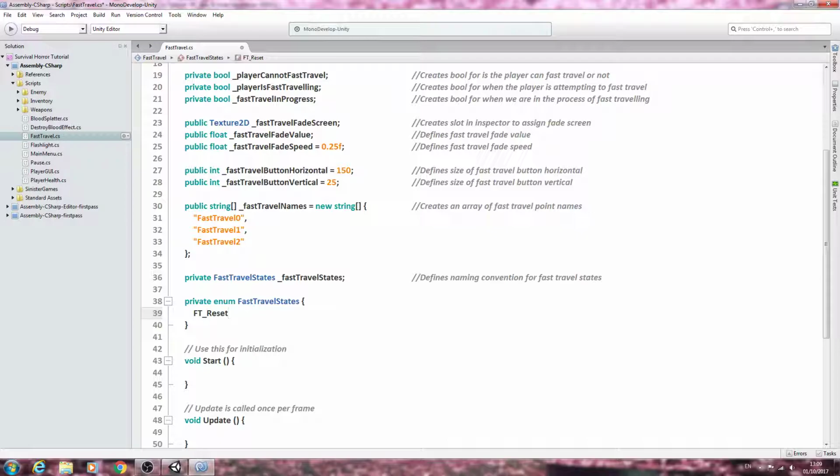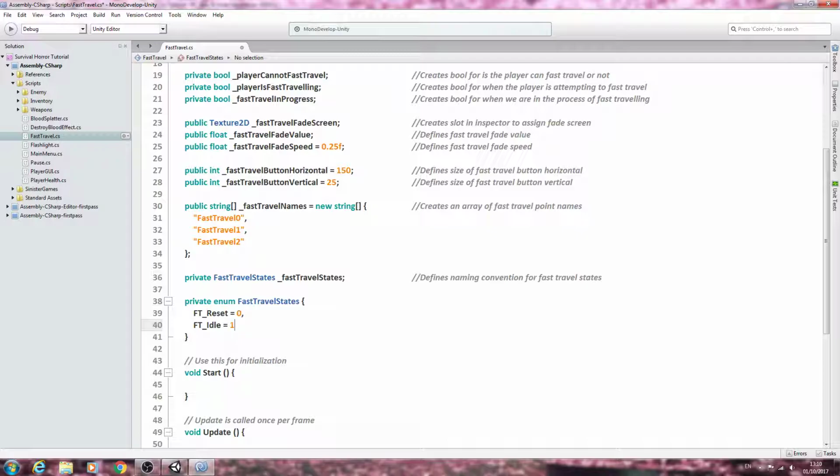And the first one I'm going to use is FT for fast travel, obviously, underscore reset. Now you can name these any way you wish, but this is the naming convention I'm going to use this time. We'll make it equal to 0, comma, and then we just have to fill in the rest of the